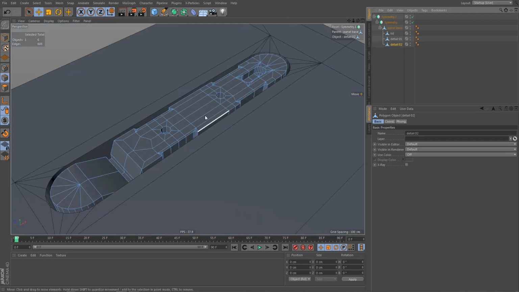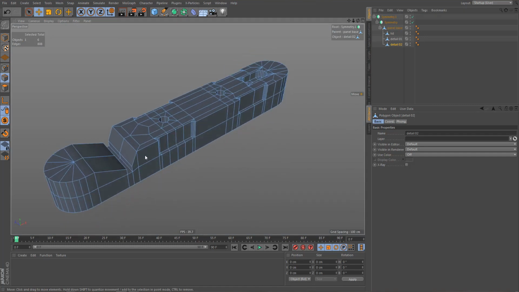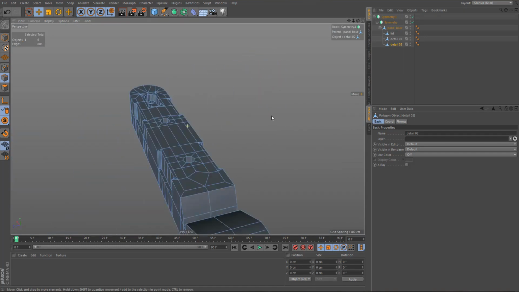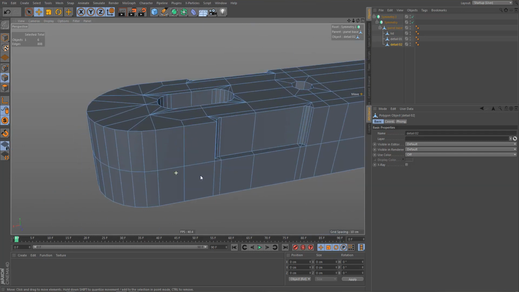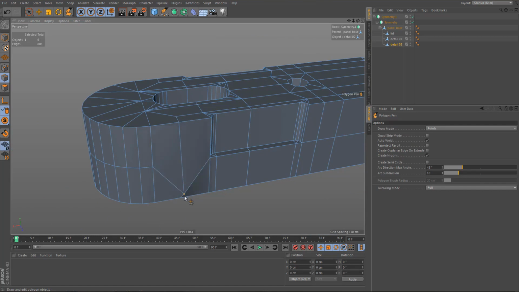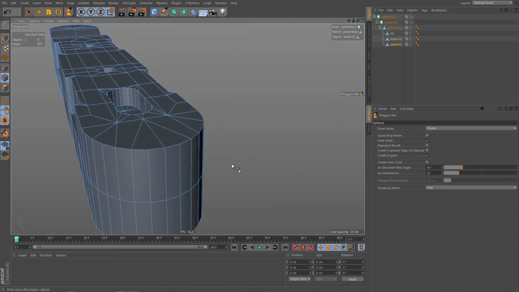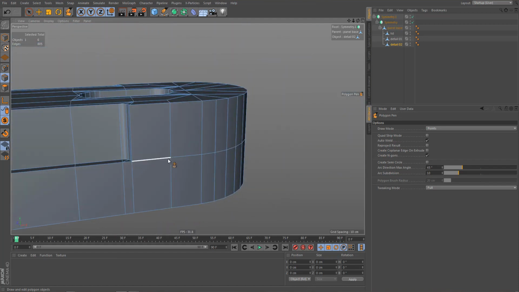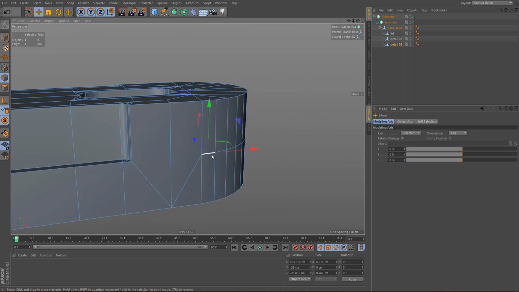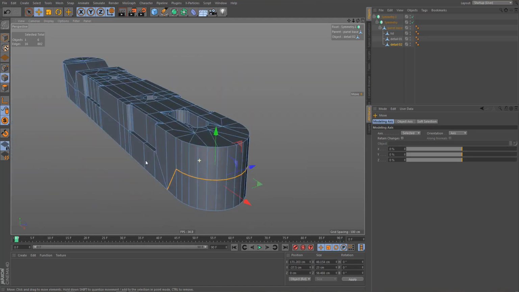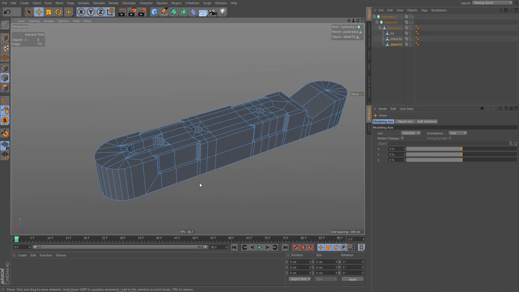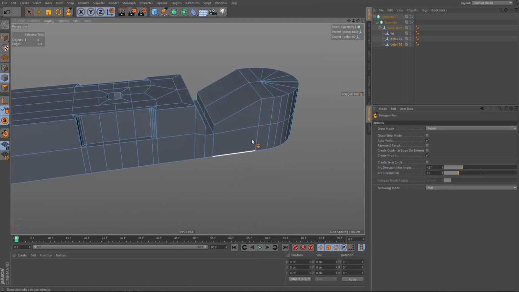Okay, so let's have a look at this detail over here. And I've already checked it, it's basically fine. We can, however, reduce the polygon count a little bit. We could weld these points here and over here on the other side. And then we can select these edges and dissolve them. And over here, same thing. Let's weld these points